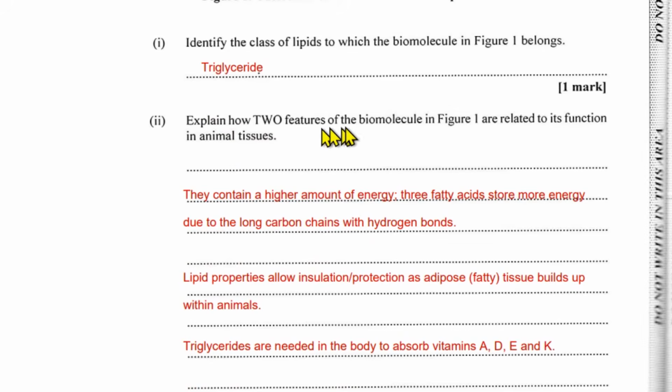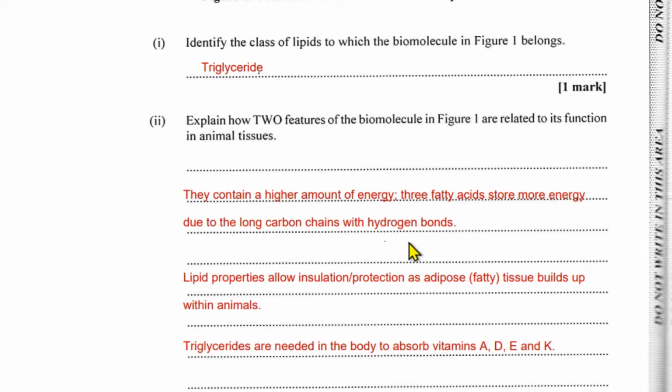Explain how two features of the biomolecule in figure 1 are related to its function in animal tissues. Well, triglycerides, which are a component of fats, contain a high amount of energy. And in fact, you have 3 fatty acid tails, and those store more energy due to the long carbon chains